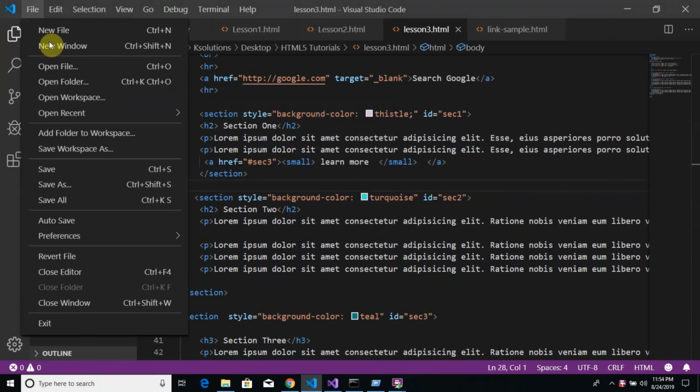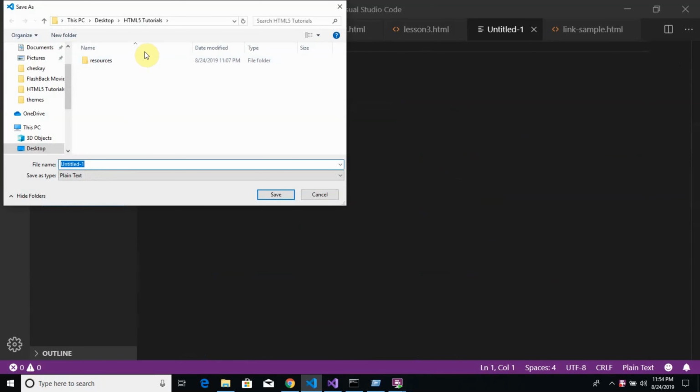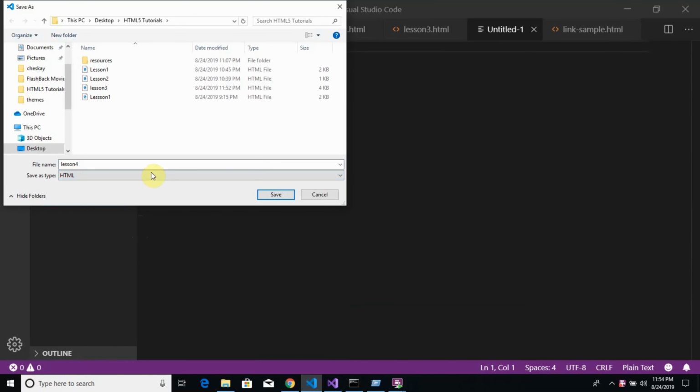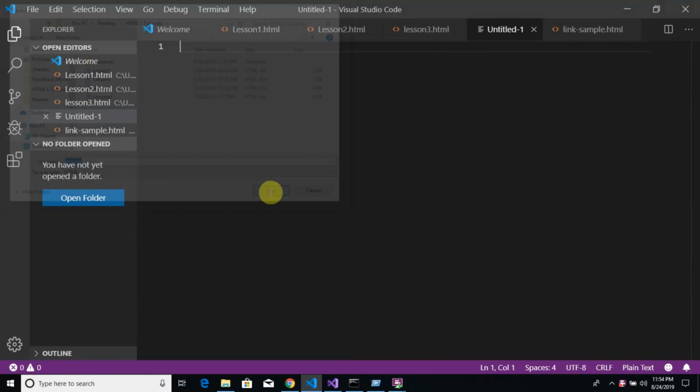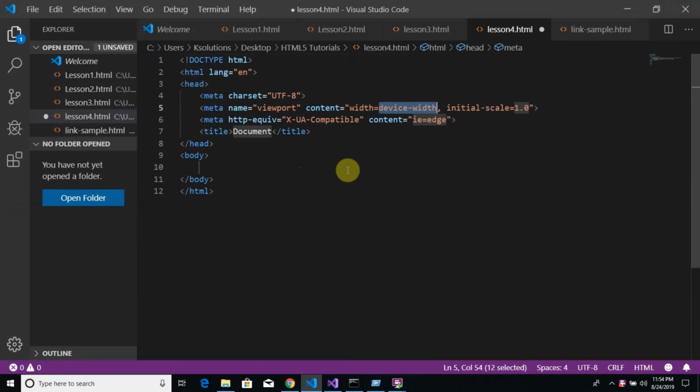Alright, so welcome to lesson 4. As usual, I'm going to have a new file open. File, save as, have it saved in our usual place. So this time around, I have it saved as lesson 4 and have this as HTML. So lesson 4.html that got opened. I use my HTML tag and I have my boilerplate